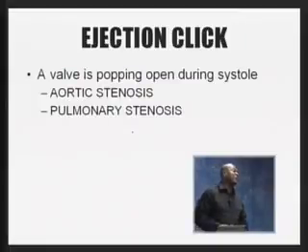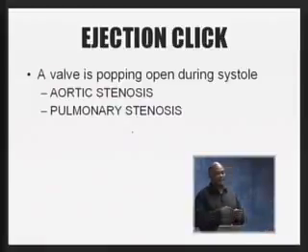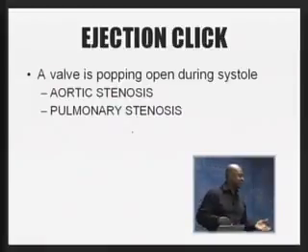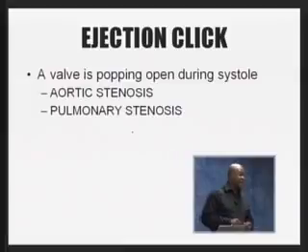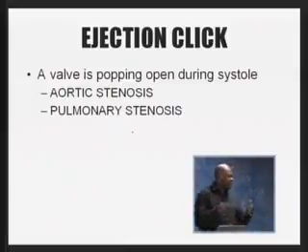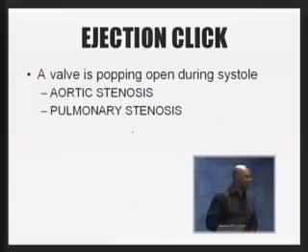Now, you got to remind yourself what it means. So you guys, you're trying to remember that other slide. See what happens? If you just try to go back to that slide and try to memorize, it means you forgot what it means. Opening snap means you're trying to force a valve open during diastole. What two valves are trying to open during diastole? Tricuspid and mitral. If you're trying to force them open, are they stenotic or regurgitant? That's how you recreate your list, which means the top two causes are